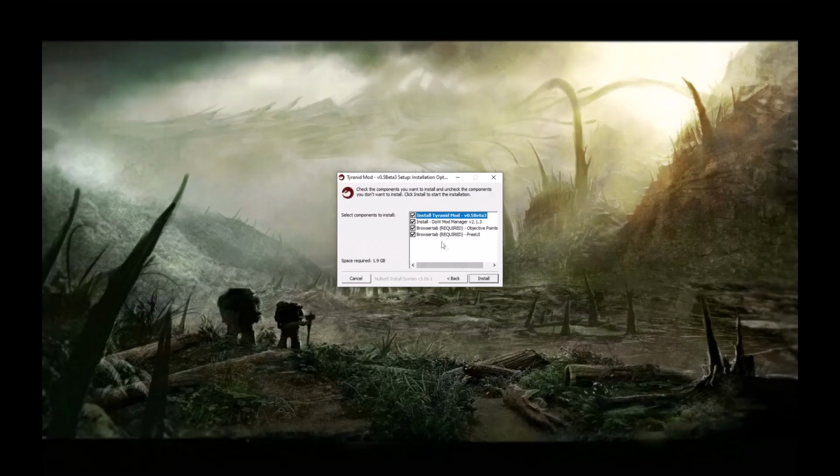Press next. You do not need DoW Mod Manager, as it is included in the latest release. Neither do you need objective points or free UI. Go ahead and click install. Once Tyranids is finished installing, go ahead and press close